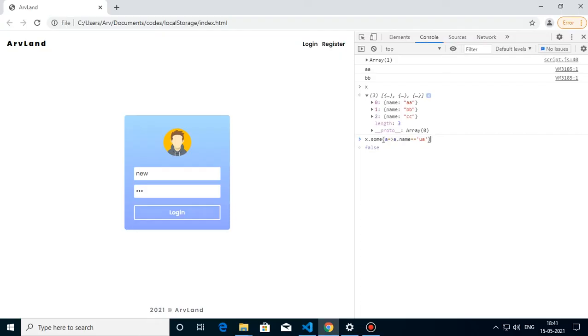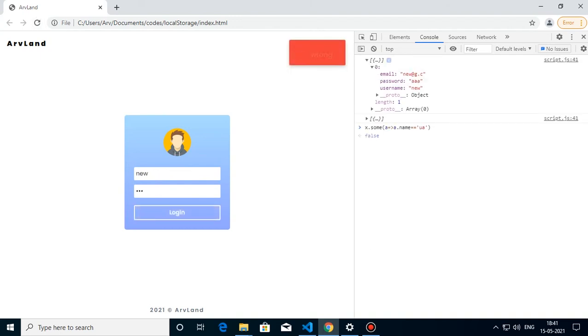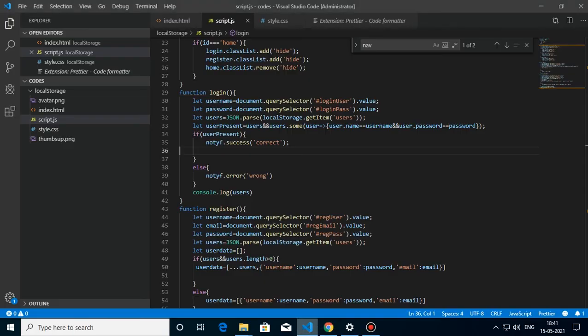Login, what is inside? Our username is new and password is AAA. Login. Why is it wrong? User and, oh, have you seen that? It's because I have used name here and it's username here.